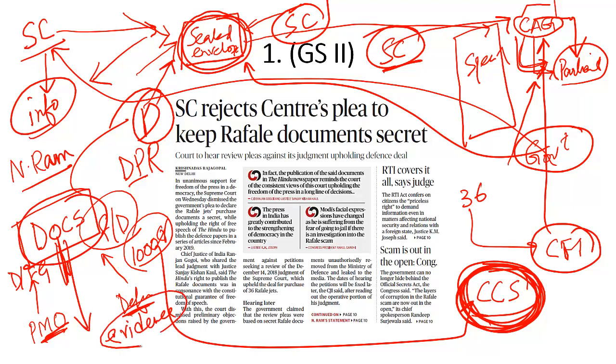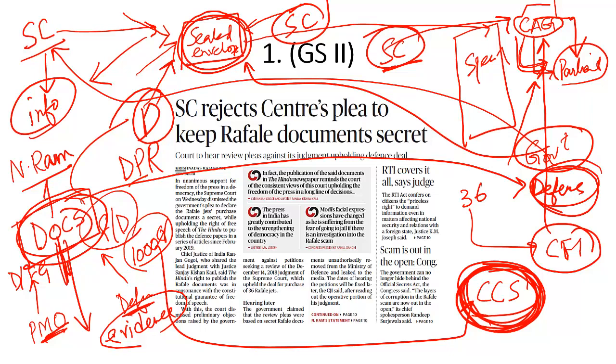Why? Because these documents have been stolen from the Defense Ministry, and a stolen document cannot be treated as evidence before the court of law. Later on, the government modified and said, no, these documents have not been stolen, but these documents accessed by N. Ram, they are Xerox copies of the Defense Ministry. Now the Supreme Court, before it can decide, yes, we will hear the review petition against the Supreme Court order, we have to first decide whether these documents can be treated as evidence in the court of law or not.